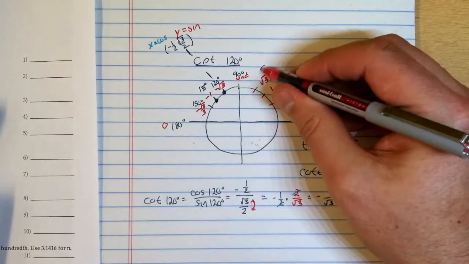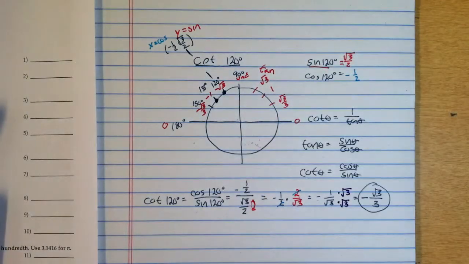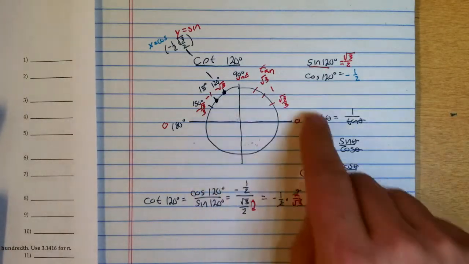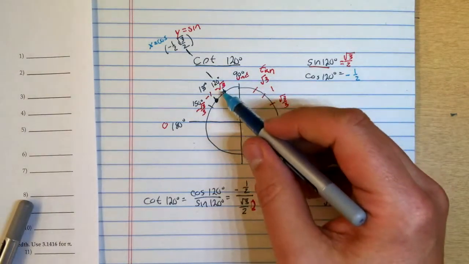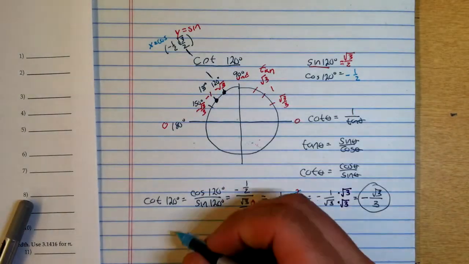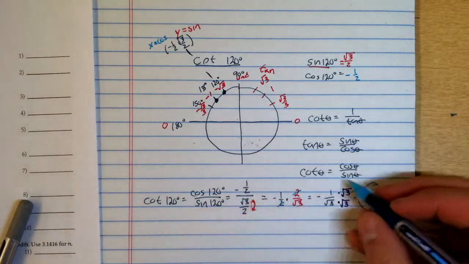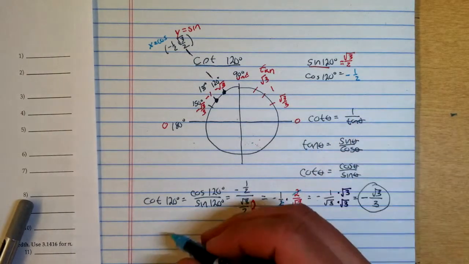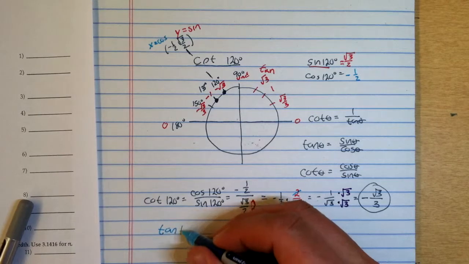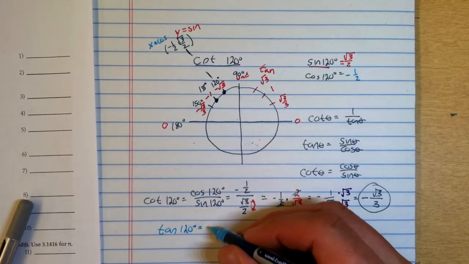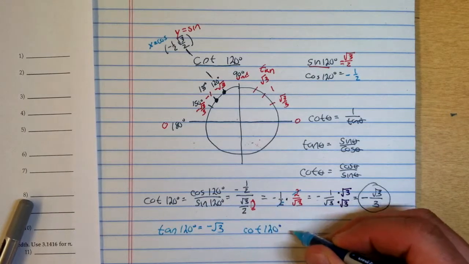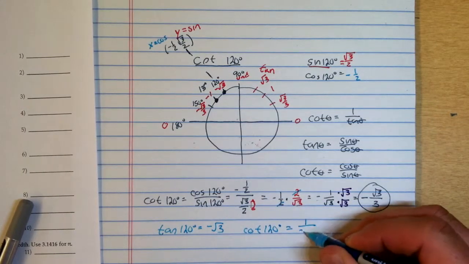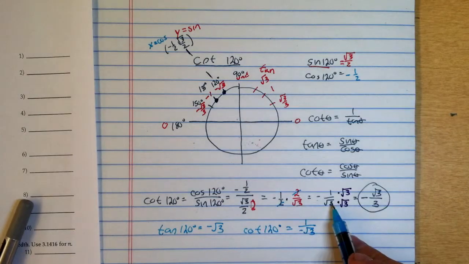So what I've put in red are the tangents. And if you remember those tangents, it makes this work a lot easier, because then you can just say, oh, I know at 120 degrees, the tangent is negative square root 3. Then I can just say, since cotangent is 1 over tangent, that tangent of 120 degrees is equal to negative square root 3. Therefore, cotangent of 120 degrees must be 1 over negative square root 3, which brings me to here,